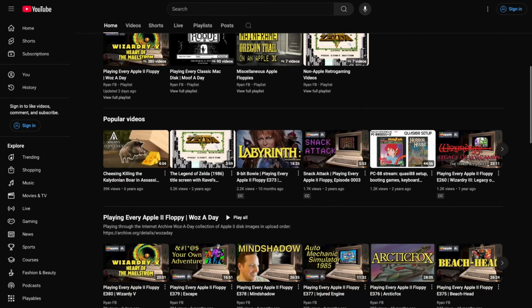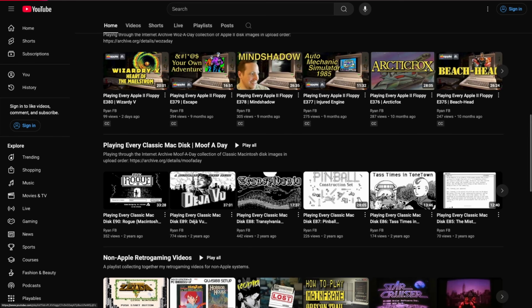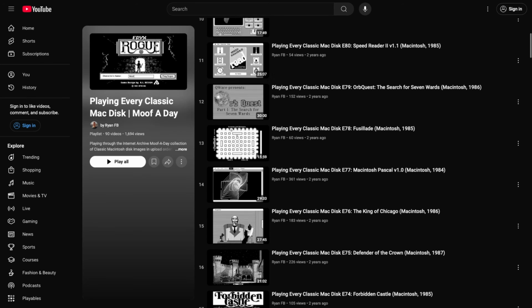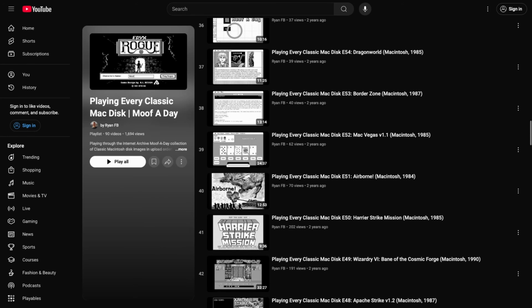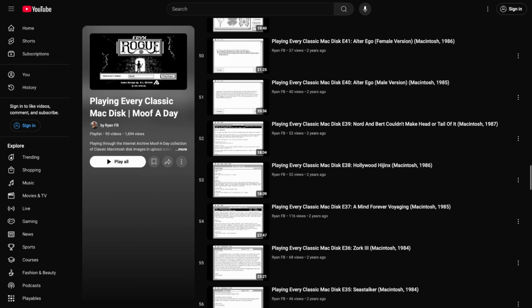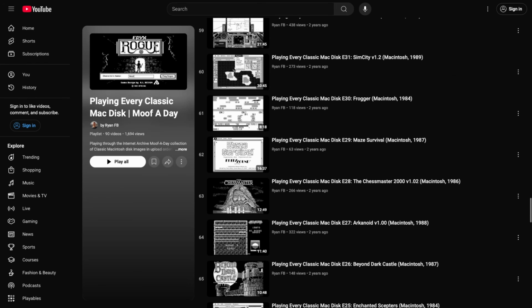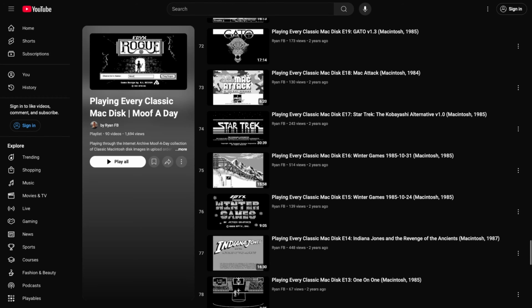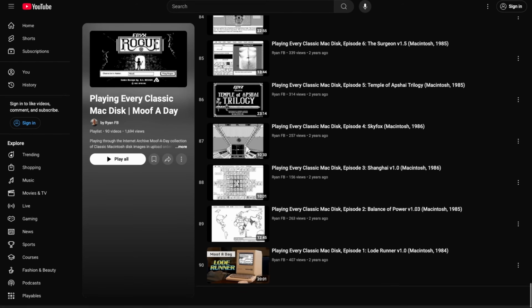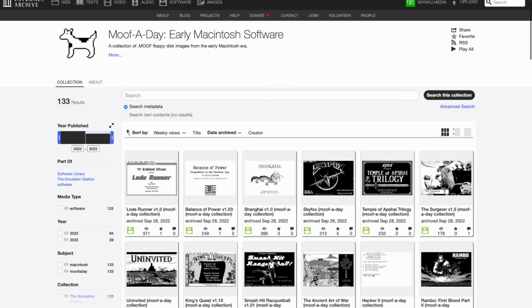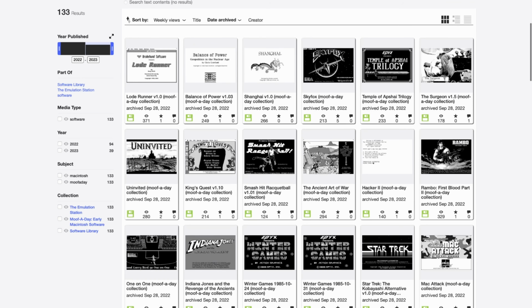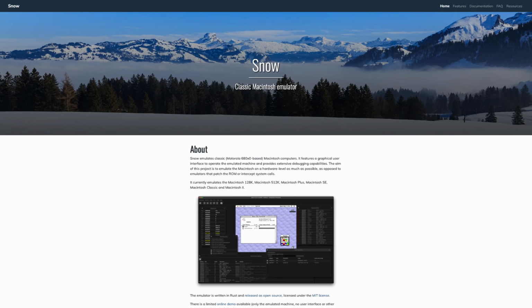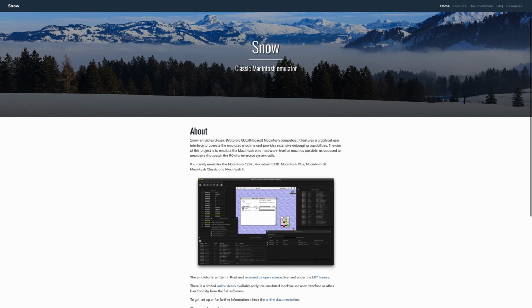You may know that I have a series, MOOF Day, where I look at classic Mac disk images in the MOOF disk format. I kind of stopped that because MAME was really the only emulator that could handle those MOOF disk images. And the MOOF disk images are kind of like raw disk images that can emulate the original copy protection that is on those disks. They don't have to be cracked if there's any copy protection, but it's kind of like as close as you can get to an original disk image. But Snow also supports this MOOF disk image format. So let's get back to that and see what it takes to set it up.